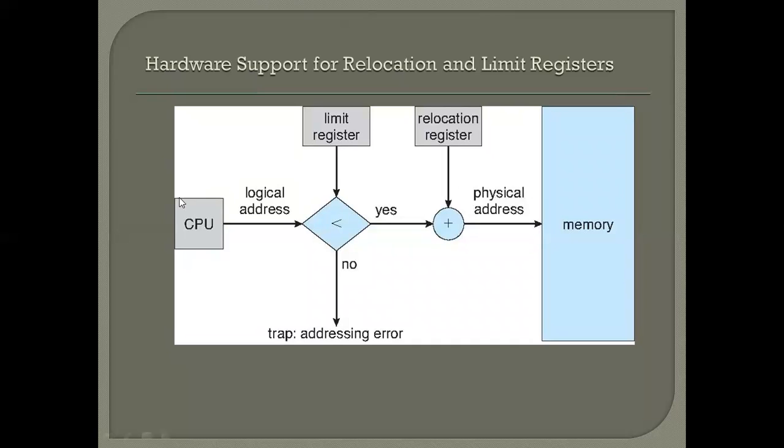The address here is basically the logical address space. The CPU generates the logical address, and the relocation register contains the smallest physical address, and the limit register contains the range of the logical address. With the help of the relocation and limit registers, each logical address must be less than the limit register. The memory management unit maps the logical address dynamically by adding the value in the relocation register, and accordingly in the physical memory, the physical address space is generated for that particular process.